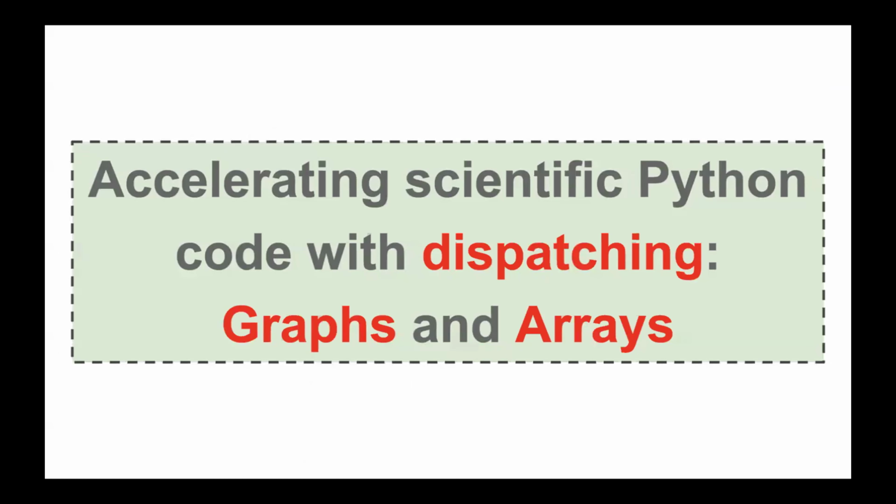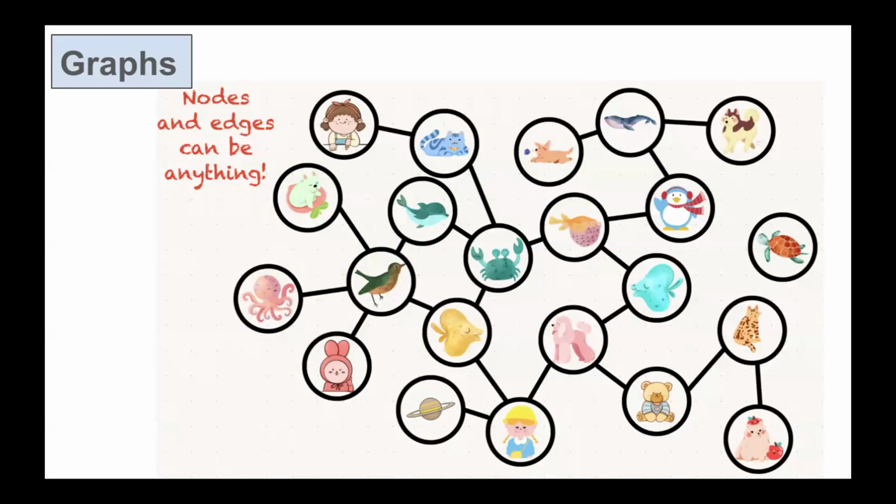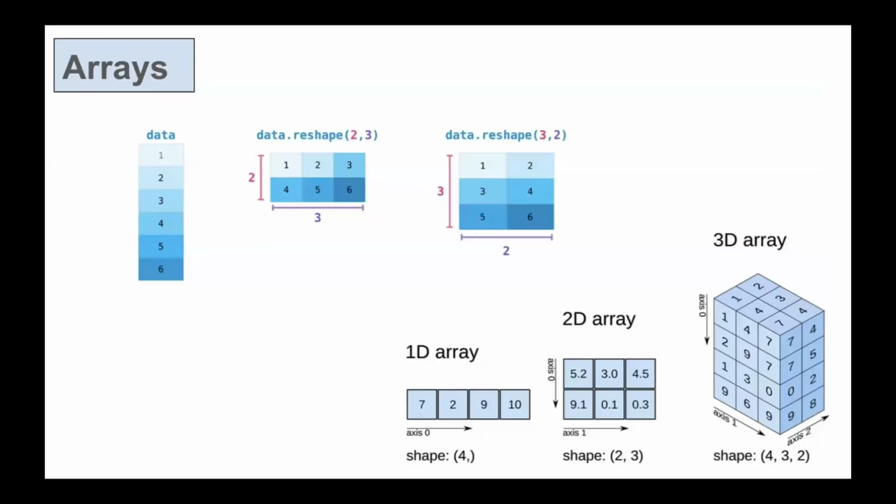And so in the title, there might be some words that I think we should clarify. When I say graphs, I mean these kind of graphs with nodes and edges. You can store any kind of data in these nodes, and edges just represent a relationship between them, and these edges can be directed or undirected. And arrays are basically chunks of memory which are storing some kind of